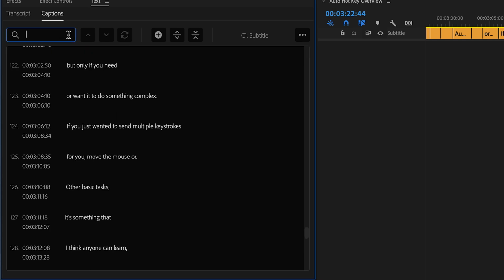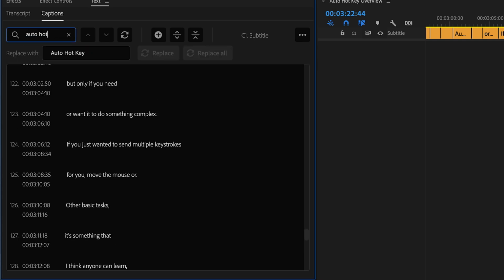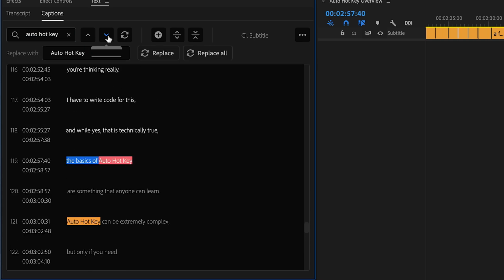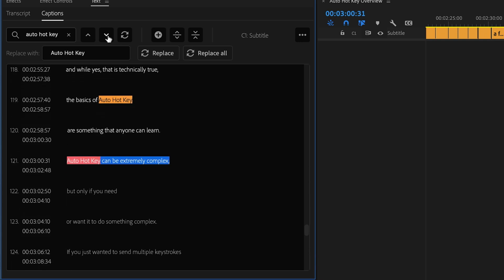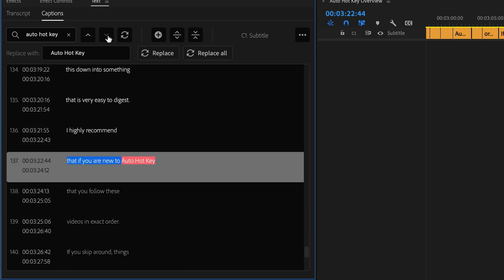And if I go back here and just search auto hotkey, now you can see all of these are changed to auto hotkey instead of auto hockey. So this is going to be a huge time saver for a lot of people, and I think this is a very awesome feature. If you already have a pre-generated .srt file that you would like to import into Premiere,